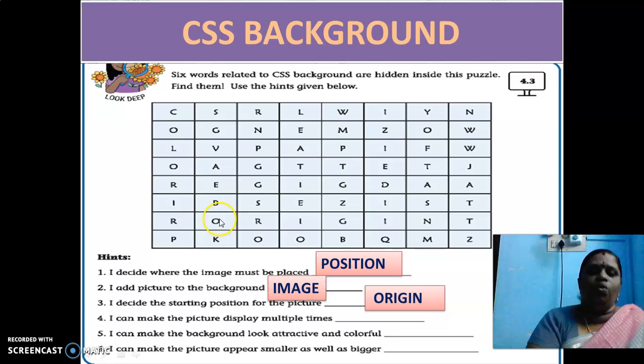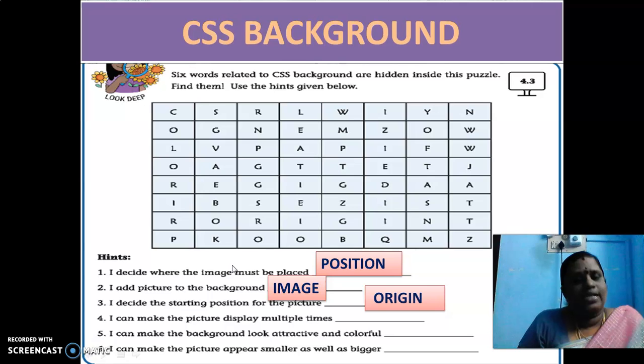See here, O-R-I-G-I-N. Origin. Please circle this. The answer for the third question is origin.